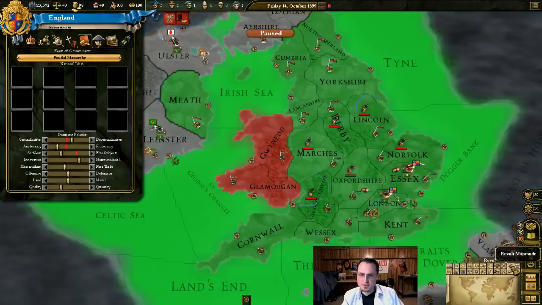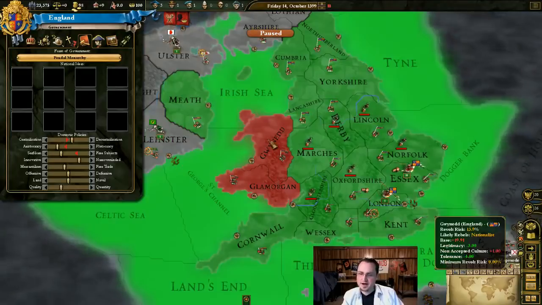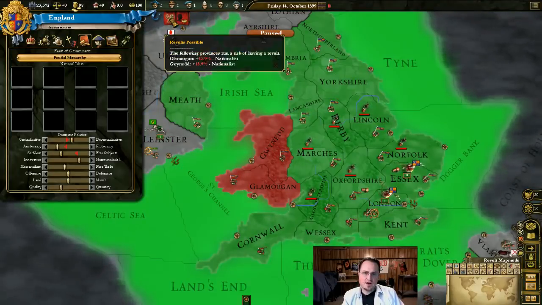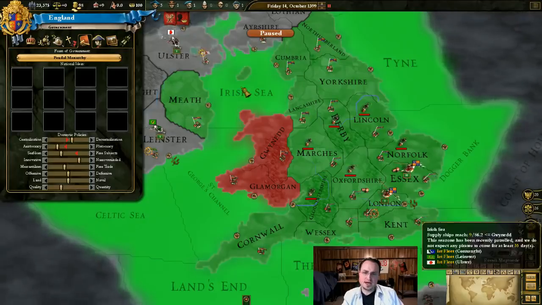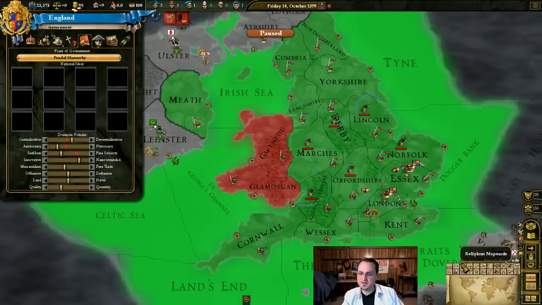Where is that? Revolt map mode. Yeah. They have a pretty good chance of rebelling. Right now, revolt's possible. Every year, there's about a 14% chance that we might get a rebellion in either one of these two countries, or provinces, so we're going to have to keep an eye on them